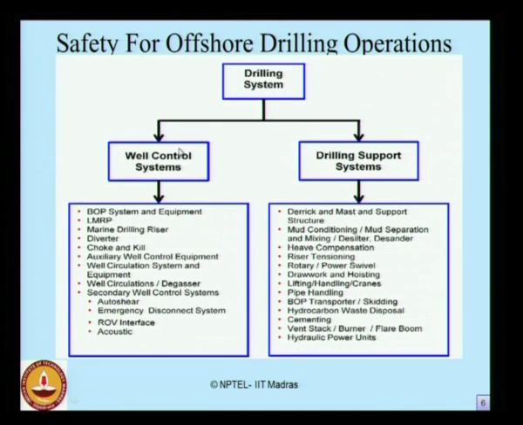If you look at the well control system in detail, it comprises the blowout preventer system and equipment, the LMRP, the marine drilling riser, a diverter, a choke and kill, an auxiliary well control equipment, well circulation systems and equipment, well circulation and degasification systems, and secondary well control systems comprising auto shear, emergency disconnect system, ROV